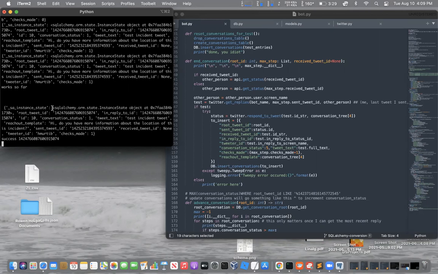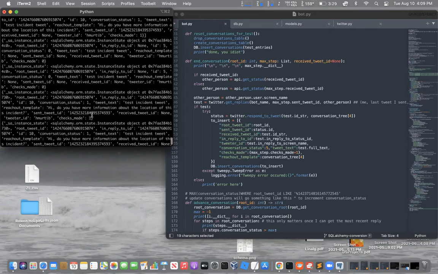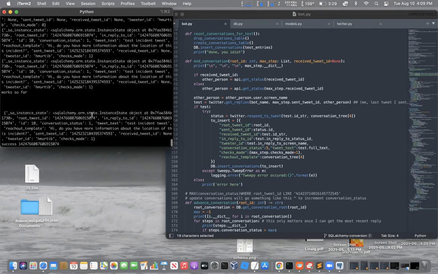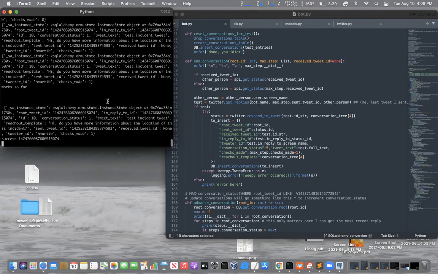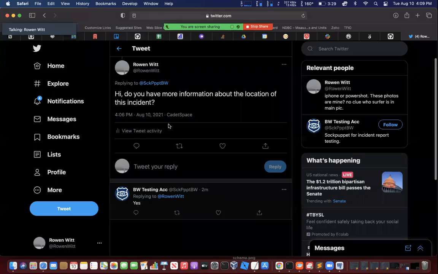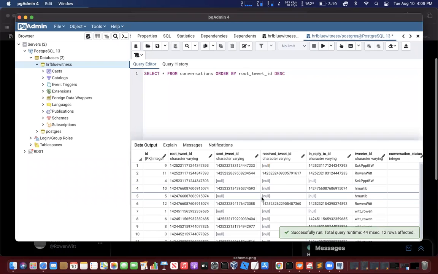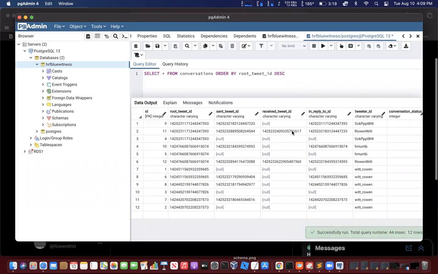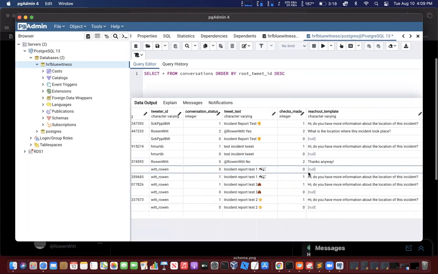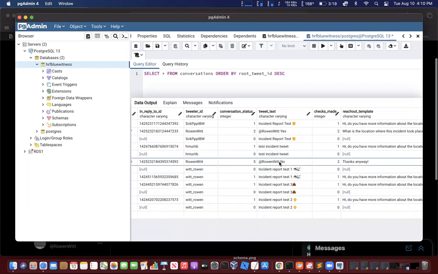All right. So now we have our outputs all down here of just what data we're getting. These prints don't need to occur in a production environment, but they're helpful for testing and seeing what's going on. So now if I go back to this database, we're going to see that the conversation has advanced a little bit further. And there are now responses to each one of these tweets. So how do you have more information about each one? In the case of the no,